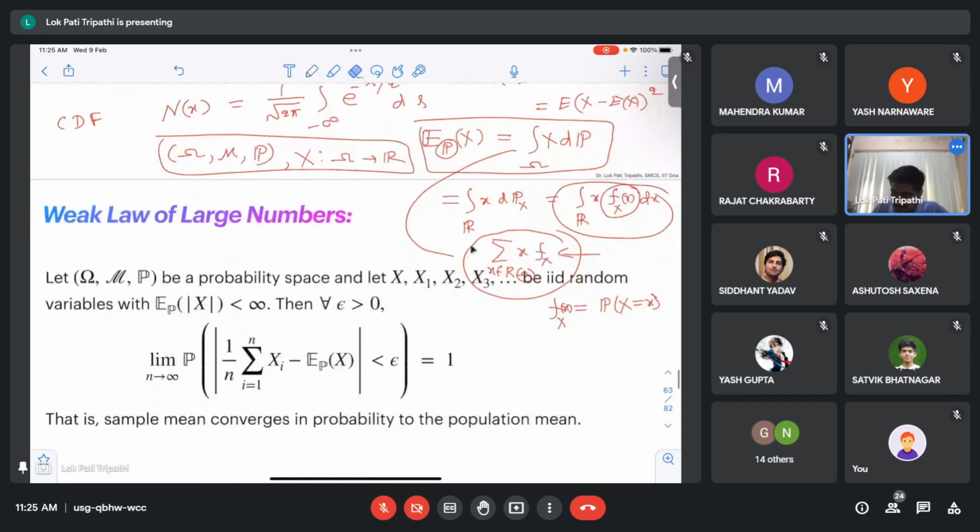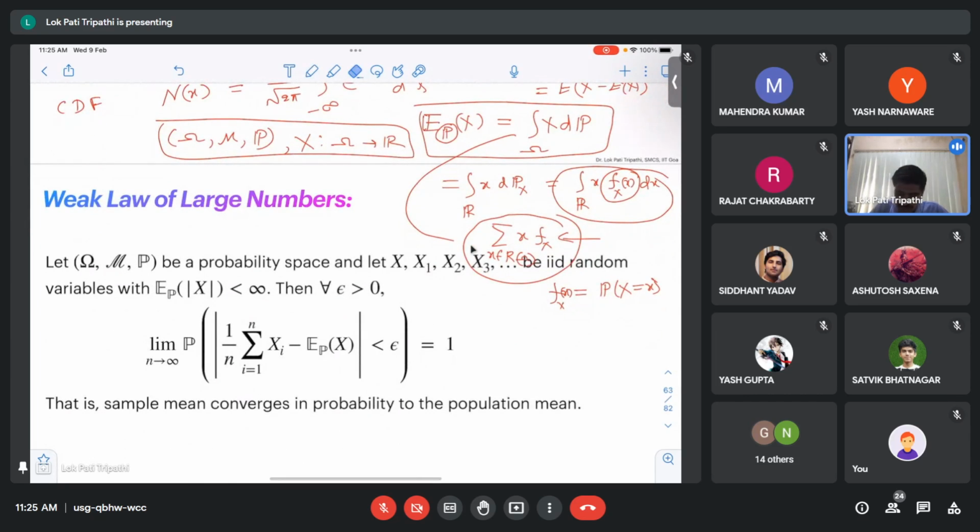By the way, there is a very, I don't know whether you have seen it or not, very important result. If you have two independent random variables, then the expectation of xy can be decomposed in